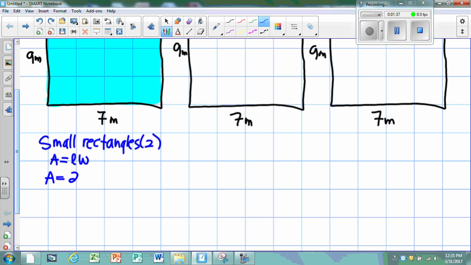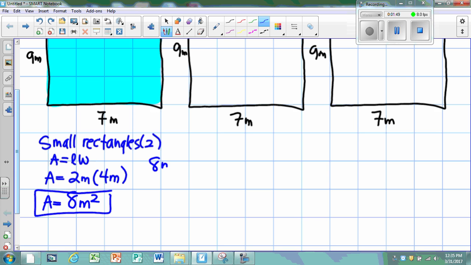Area is 2 meters times 4 meters. So each of these is going to be 8 meters squared as the area. And we know we have 2 of them. So 8 meters plus 8 meters is going to give us a total of 16 meters squared for our total